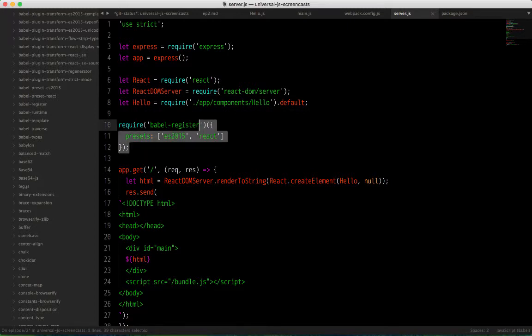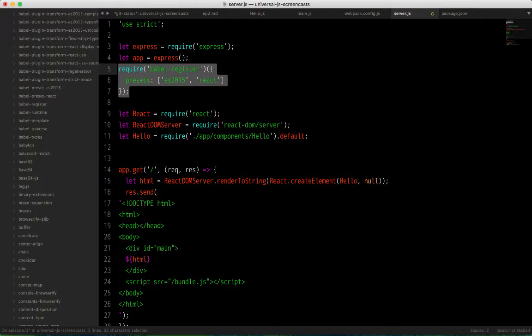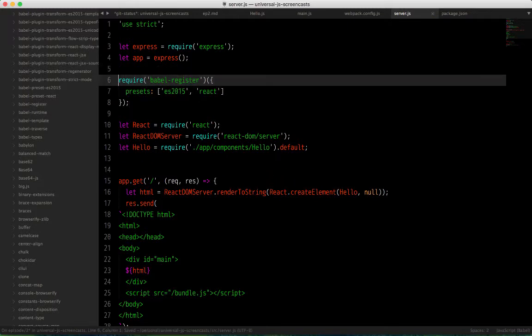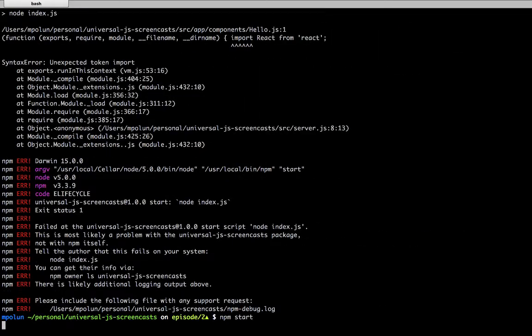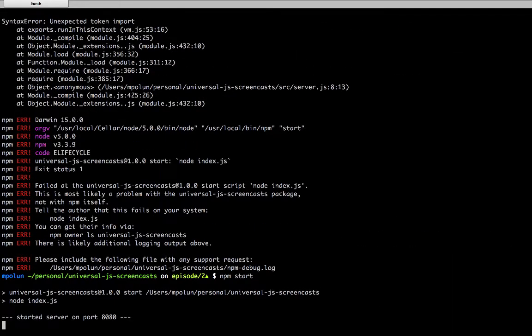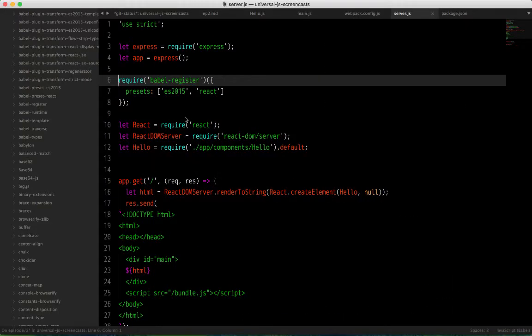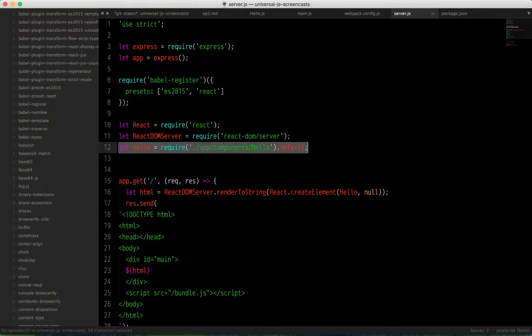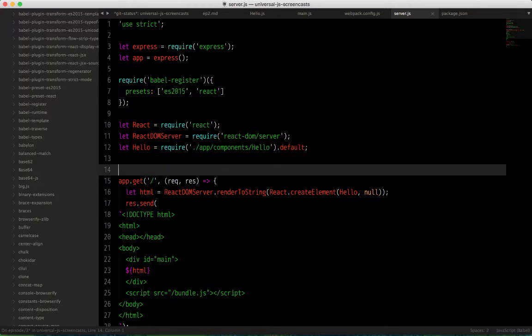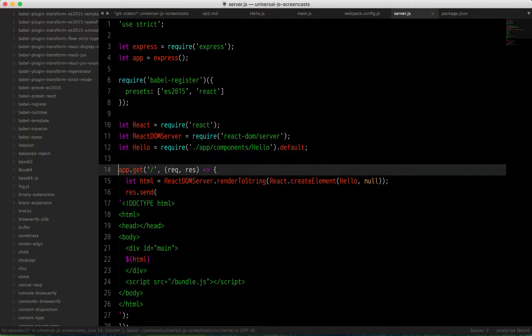Okay, the problem's pretty simple. Let's move this up to the top, and then it should work. Yep, you need to have the register hook before you require stuff. Seems obvious in retrospect, like most mistakes. So,